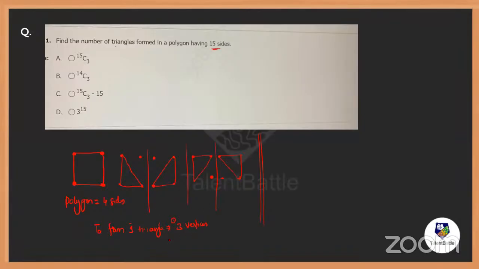People tell me, when you have 4 points as total, which is n, and the selected number of points, which is r, as 3, what is the number of combinations you can do, everybody? nCr, which is nothing but 4C3. So 4C3 is nothing but 4C1, which is 4, everybody. And there you go, the 4 possibilities. Similarly, when you have 15 points in total as n, and how many such points you need, everybody, to form one triangle? Exactly 3 points. So total triangles are how many, everybody? Total triangles are nCr, which is 15C3, right? And so option A must be the answer.